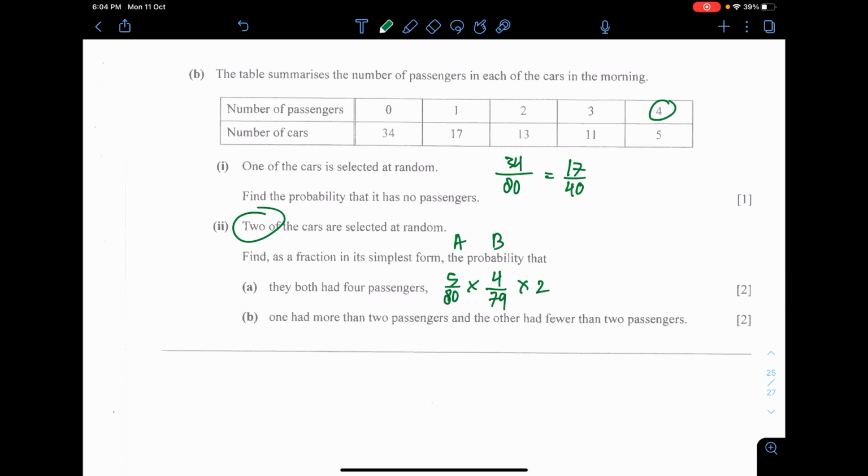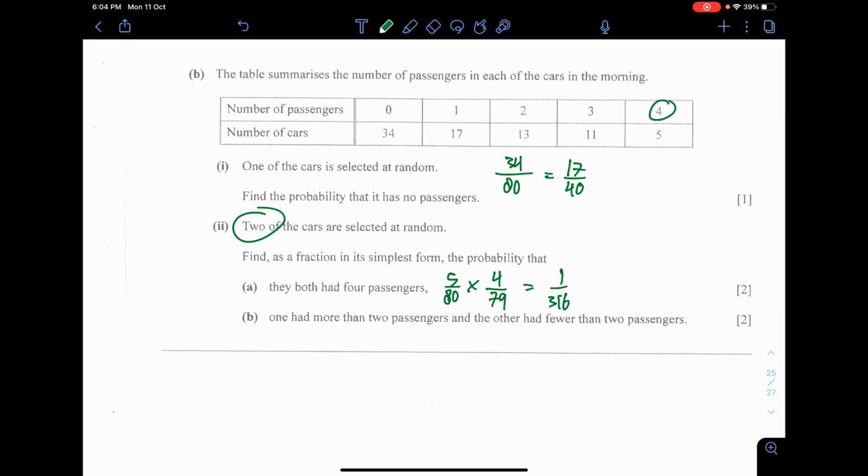If you take a look at the examiner's commentary for this paper, they don't multiply by 2. They just multiply it all the way there. But I think for now I'll just stick with what the examiner is saying. No need to multiply by 2. So just get the number here as 1/316. I think in a way they are considered to be the same kind of car because of the number of passengers that you are having. You have A and you have B passengers, so you have 4 passengers in the end, so the car is pretty much the same car.